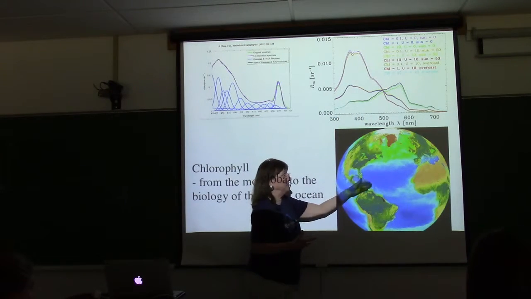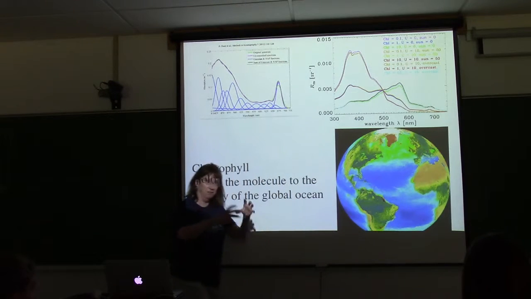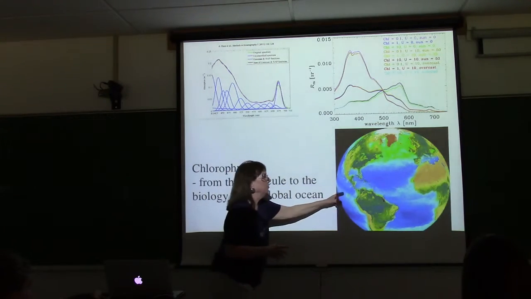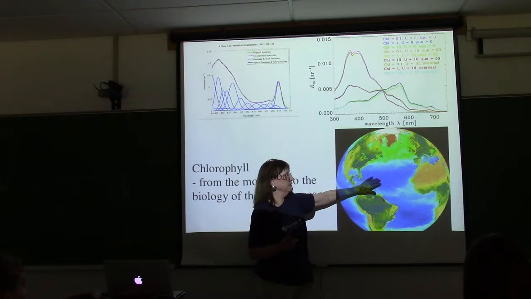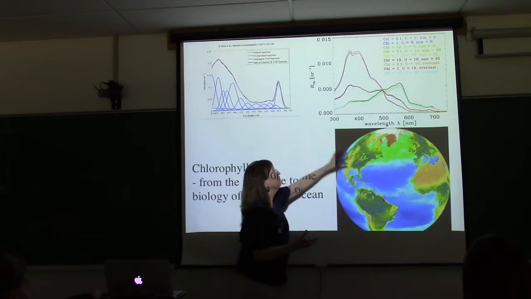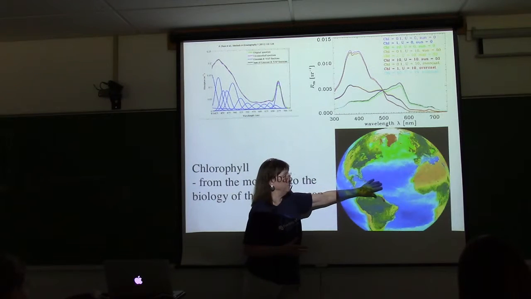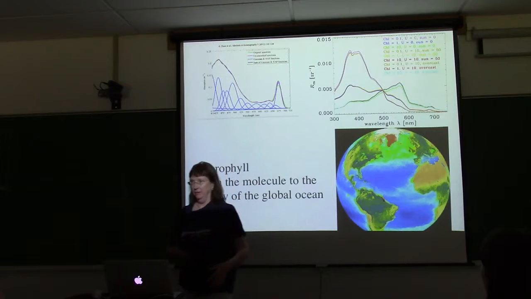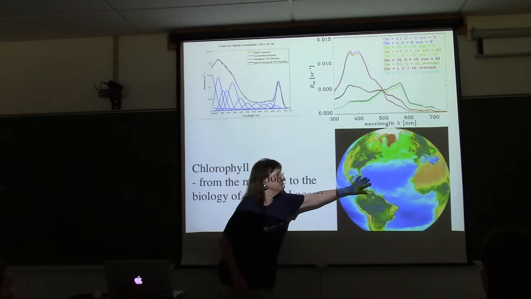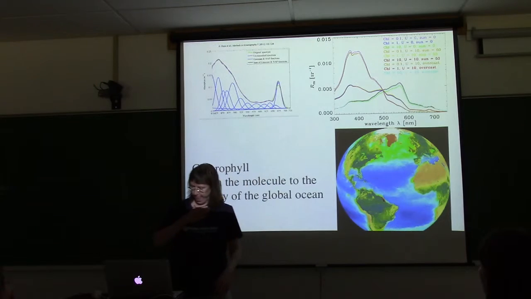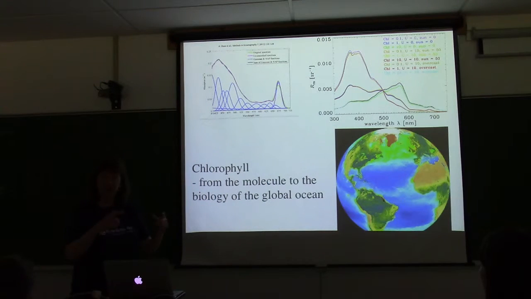And that allows us to scale up to the globe. So going from that individual molecule all the way to the globe has to do with the absorption. But then, I think in the last week I'll talk about photosynthesis. I want to try to bring this back down in terms of the absorption related to the ocean color and how we come up with, again, it's like the life of a photon that Kurt was talking about, but with a different scale in terms of the relationship. Okay, so that's trying to link a molecule to a global